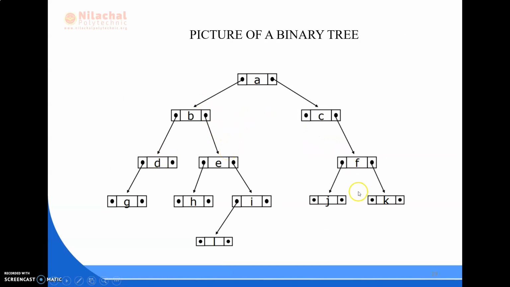In this diagram, we can see that each and every parent node has one or at max two child nodes.